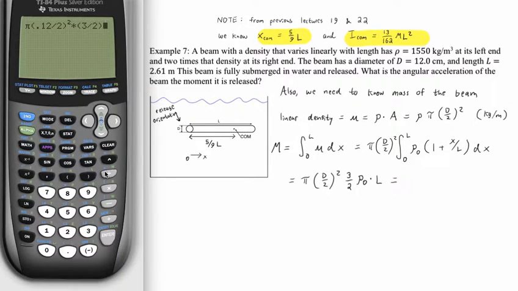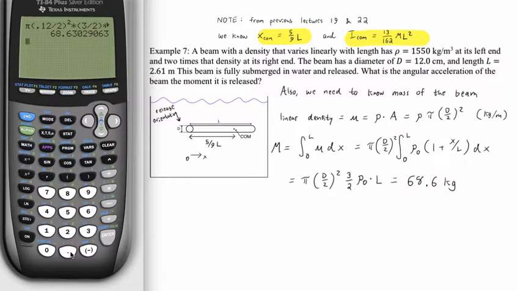Okay, then by our far left-hand density, our lowest density, 1550, times the total length of 2.61. All right, so we get 68.3 as our mass, or 68.6 is our mass. So now let's think about our forces, which are obviously crucial to this problem, and also